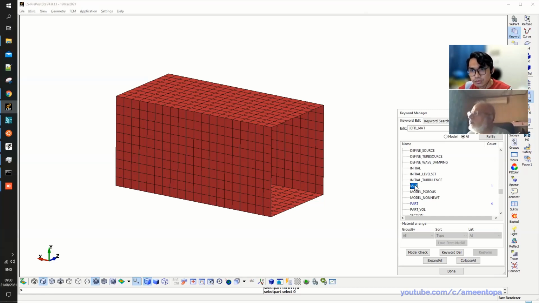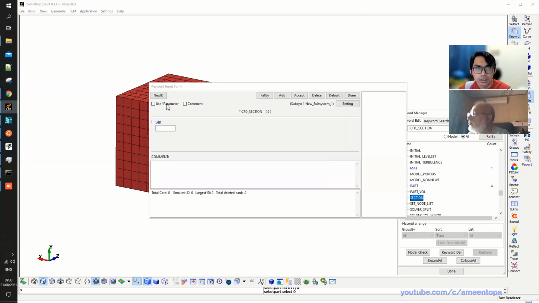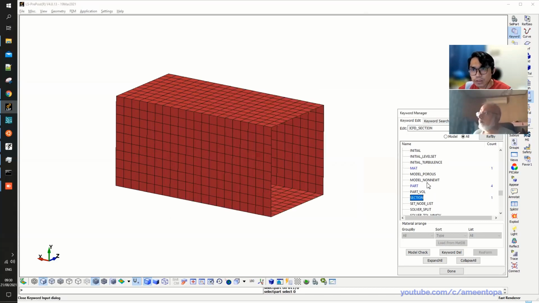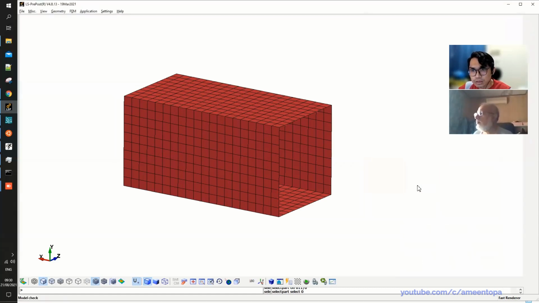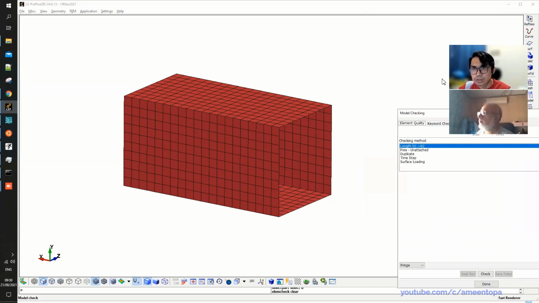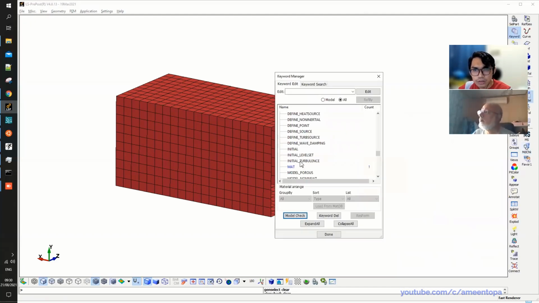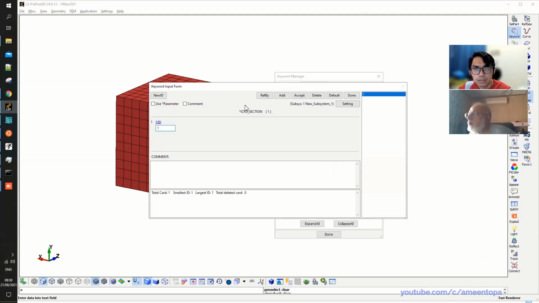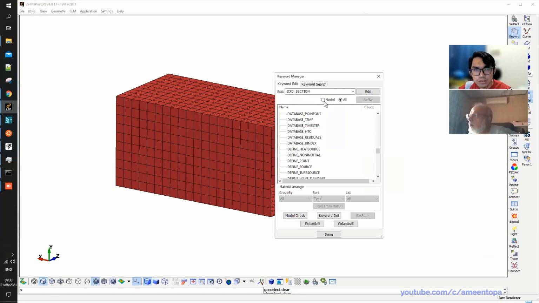Okay, this is done with the mat. Now the section. Click on new and then accept. That's all. We don't have any section type because it's already under ICFD. So this section is ICFD. It might look redundant, needing to define this while you don't have any options here. But you should know that this mesh actually can be used for other stuff as well,